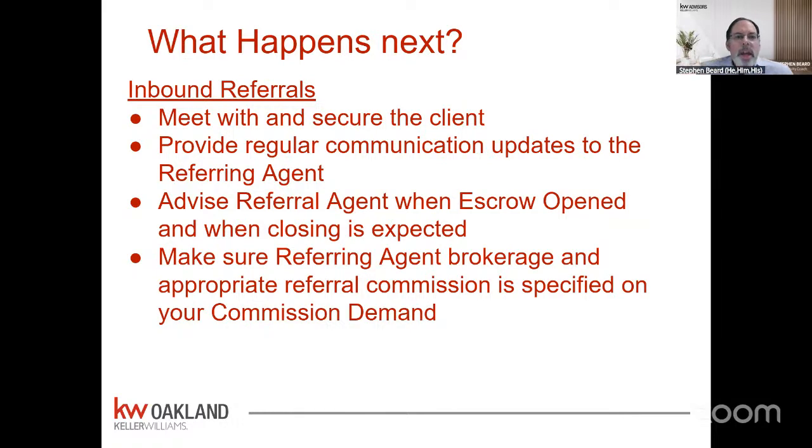I've had it happen so many times that I go to look at one of these for an agent in PC and they completely forgot about the referral. So they actually aren't making as much money as they thought they were. So you've got to remember to put it on the demand. Now, don't worry if you forget it, one of us will catch it, right? But the worst nightmare scenario is if you forget and the deal closes, then that brokerage is going to be saying, what happened? Oops. That happens once a year. Don't let that happen.